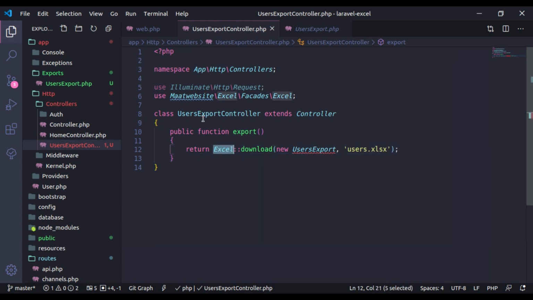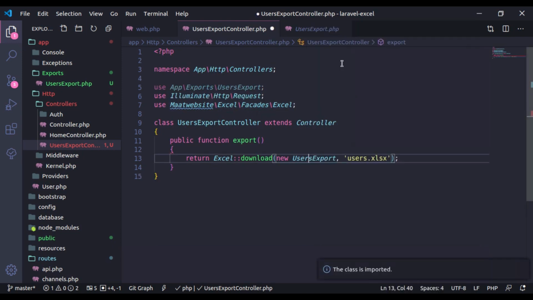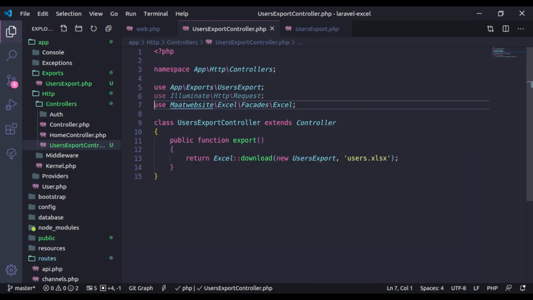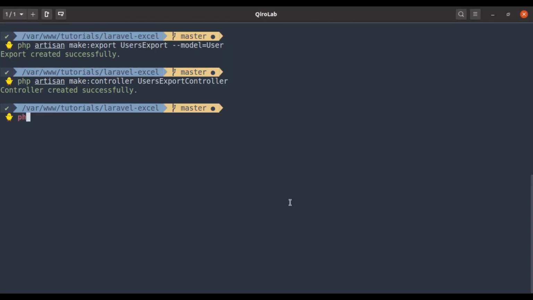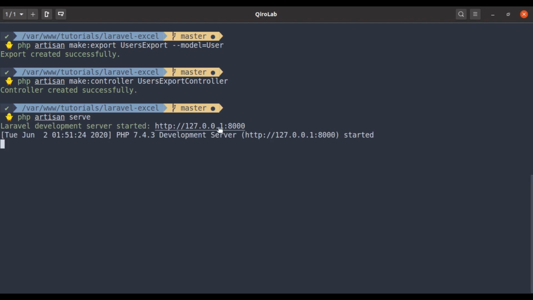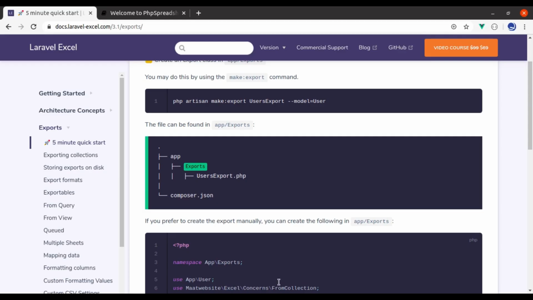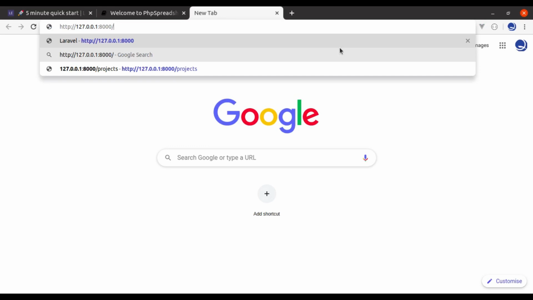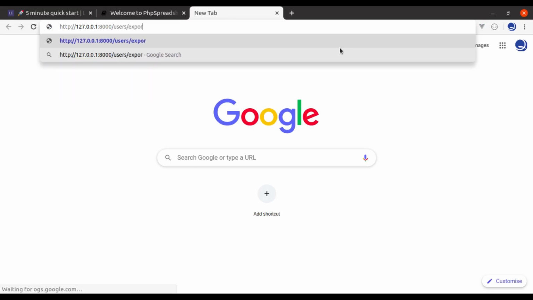Make sure to import this class right here, and here we will import this UsersExport class as well. Now let's go to the terminal and run php artisan serve, and next let's open this in the browser, users-export,